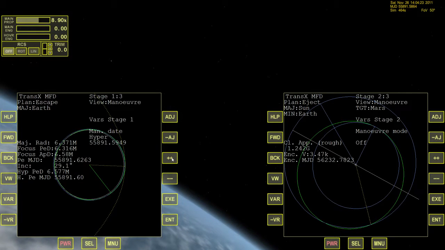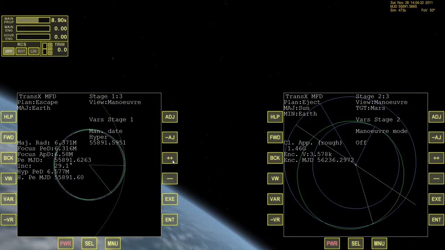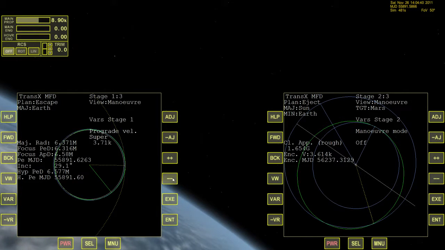So right now, as I add in a little bit of time, which means I'm going to do the burn a little bit later, I can see that the closest approach is actually climbing. So I'm going to go ahead and let that happen. I'm going to let it go out to 1.5. Then I'm going to come back with a different variable, say prograde. And as I add in some additional prograde, I can see that the closest approach is coming down overall. So now I'm going to do the same thing with prograde. I'm going to take it out to say like 1.5,